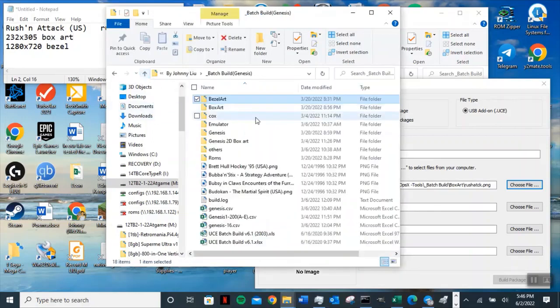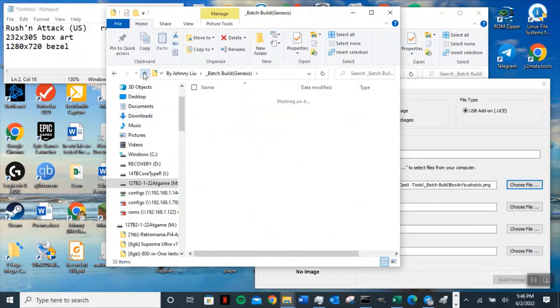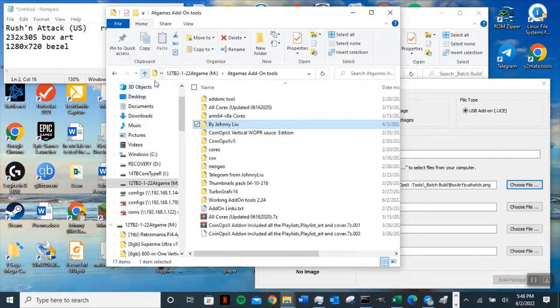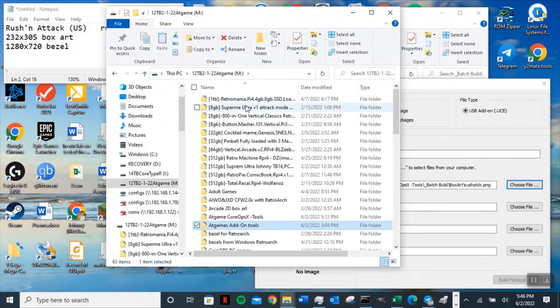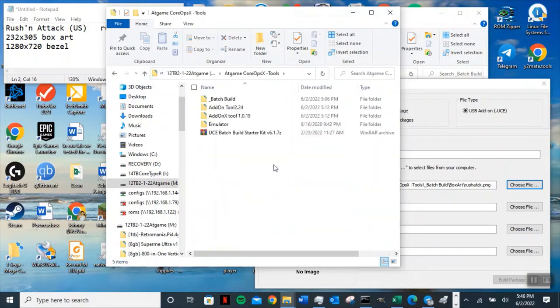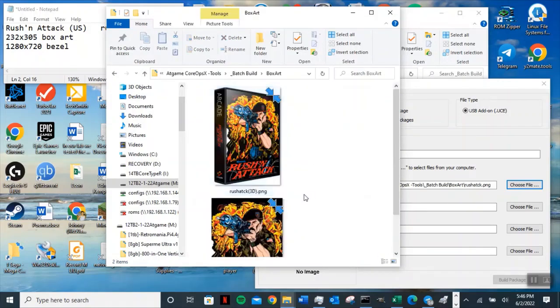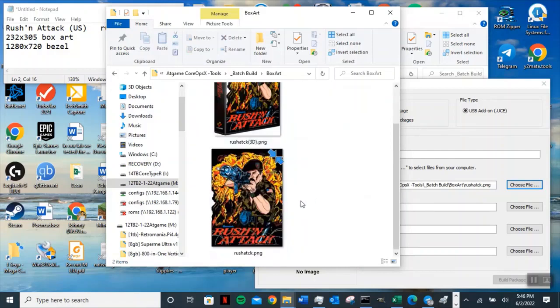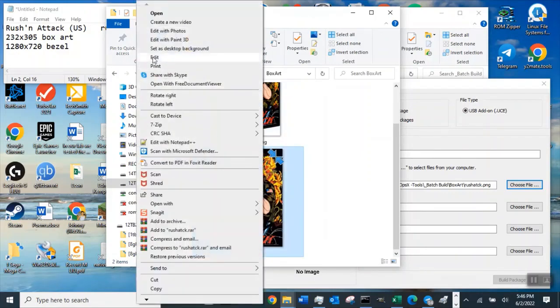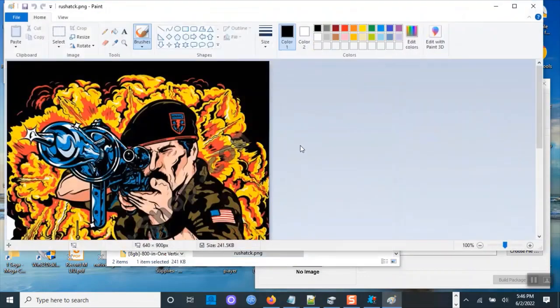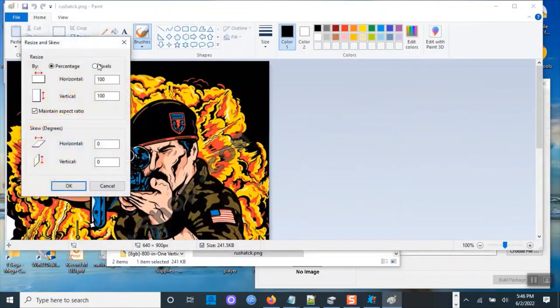All right, so we could go back to the original build, Atgame, CoinOpsX, and we're going to go to the box art. Now, since this is 2D, you don't want to do 3D like that. You have to run a program so that the transparency stays the same. I'm just going to go ahead and change this using the paintbrush that comes with Windows, and then just go to resize it to